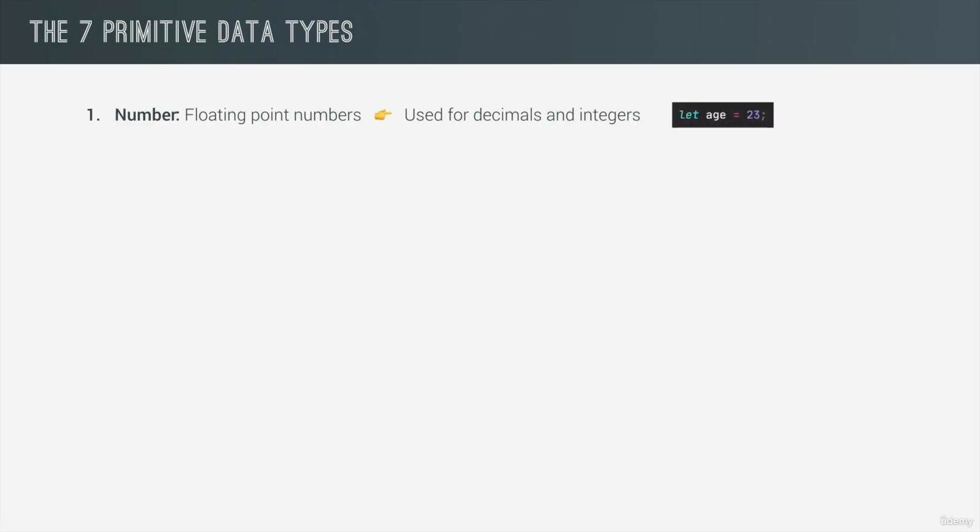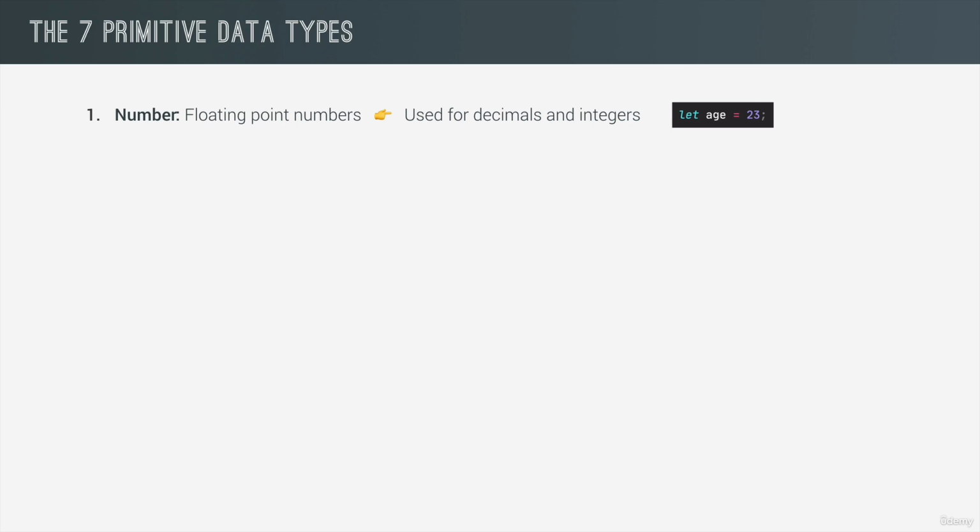So there are 7 primitive data types: number, string, boolean, undefined, null, symbol, and big int. So let's look at them one by one. First, we have the number data type. And numbers are always so-called floating point numbers, which means that they always have decimals, even if we don't see them or don't define them. For example, the 23 value that we have here is exactly like having 23.0, but they are both simply the